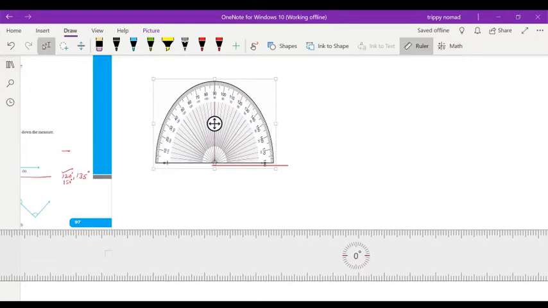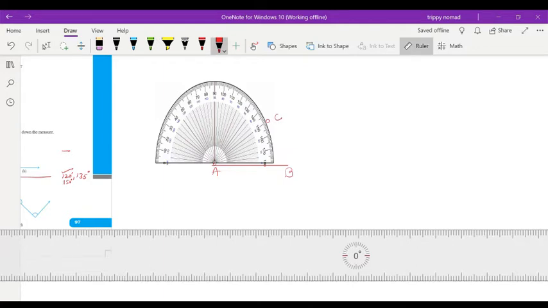Now children, I will tell you how to draw an angle. Already I have drawn one line for you with the help of pencil, that is red color I have shown, so that it will be easily visible. And this is A and this is B line segment. Suppose you have to draw angle 30 degree. So you have seen 0, 10, 20 and 30. So you will mark here and join this. This is point C. You will join A to C.